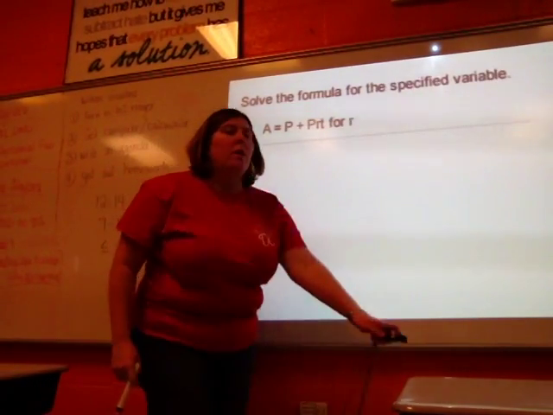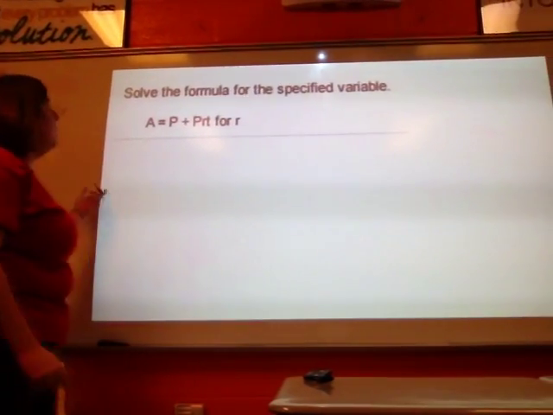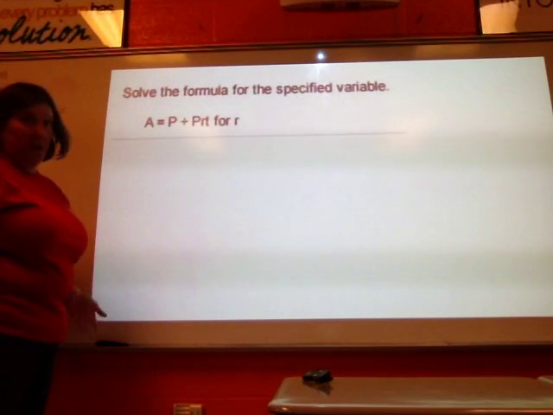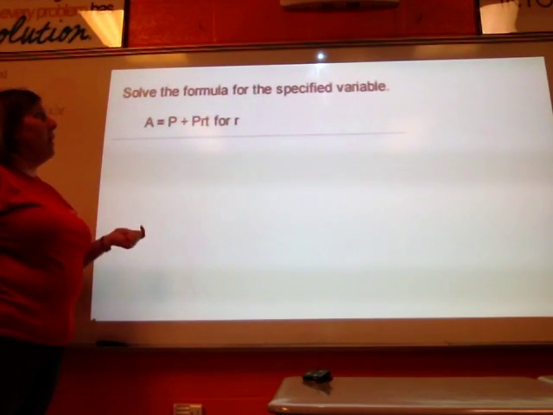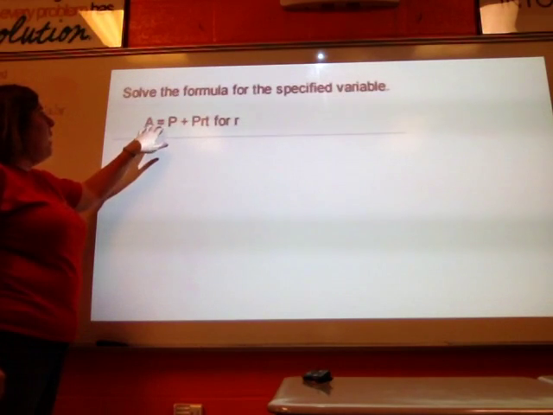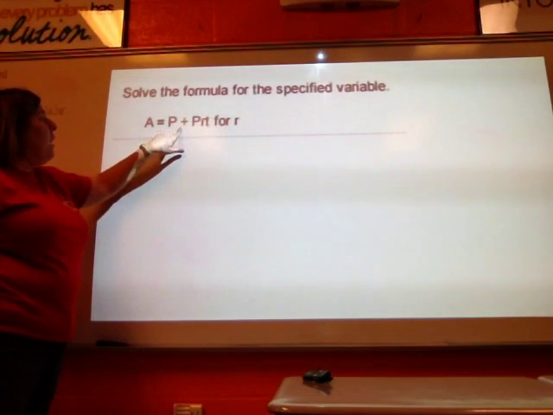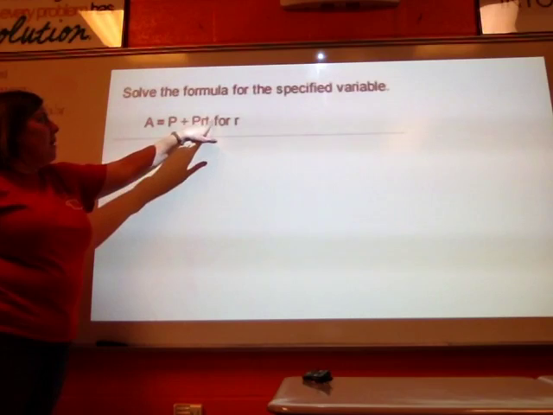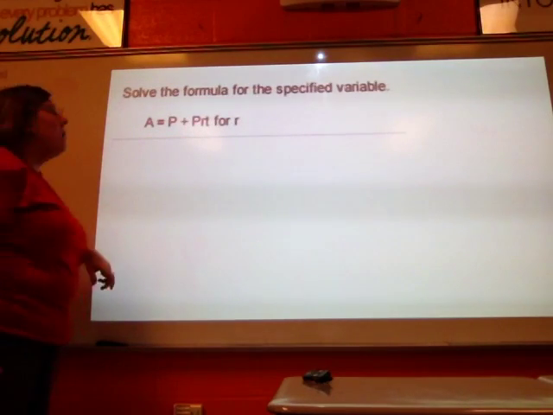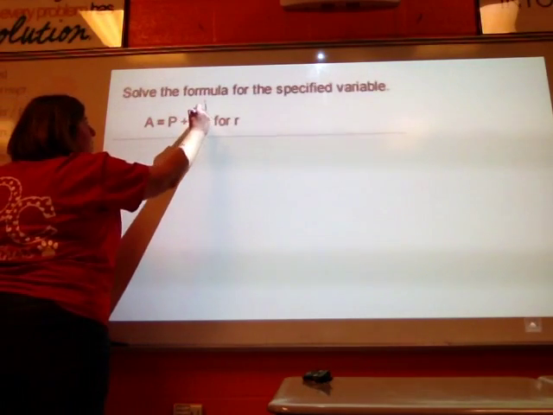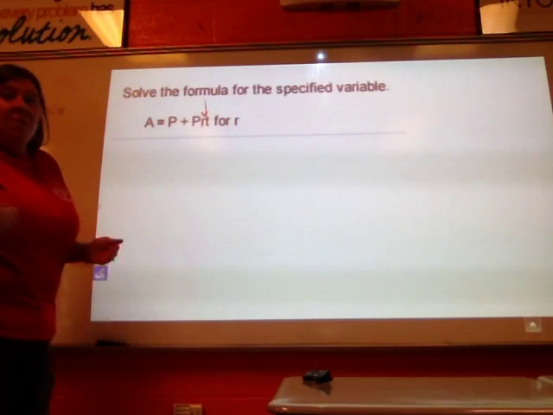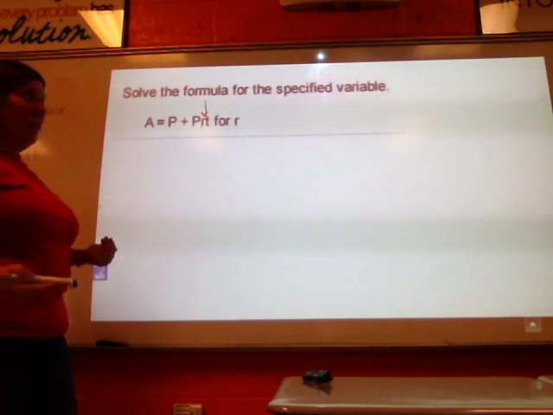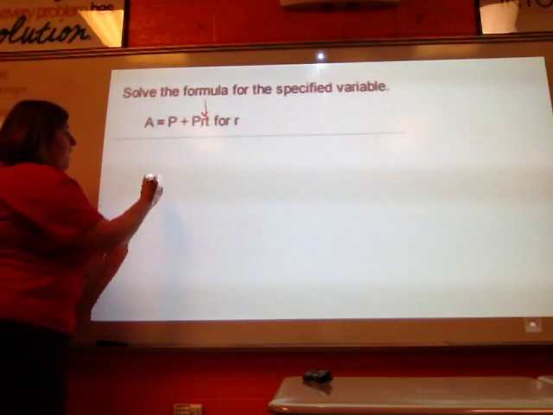Okay, so now we're going to look at question 2 from chapter 2. It says to solve the formula for the specific variable, and it gives you the problem A is equal to P plus P times R times T. It asks you to solve for R. So here is the variable that I'm solving for. I'm solving for R. So I have to use my inverse operations just like I would if I were solving